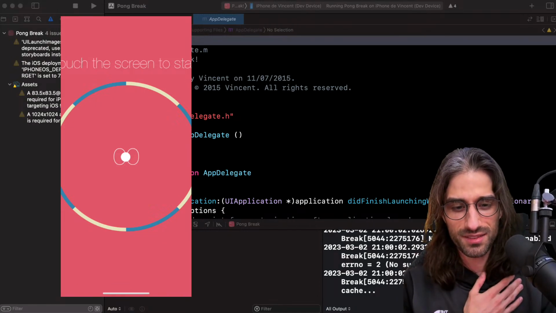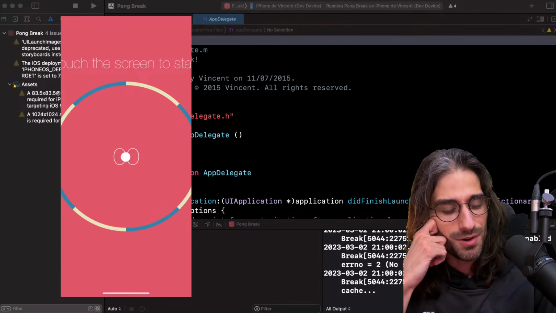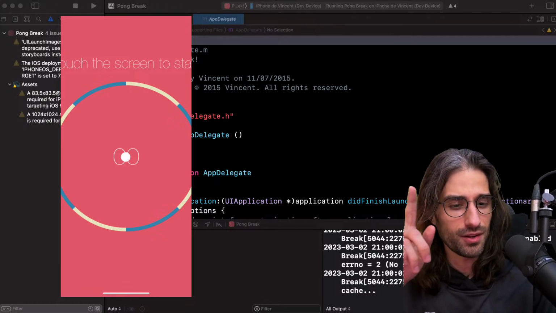I swear it wasn't the case when I implemented it. Maybe we'll try to fix it as we go over the code. But it was a game where you would play like Pong. So there's this idea of a ball that